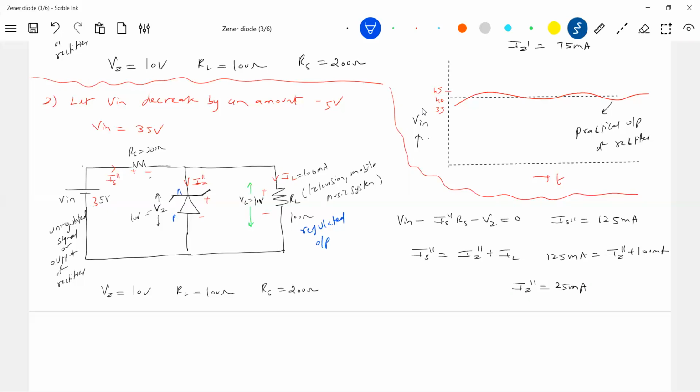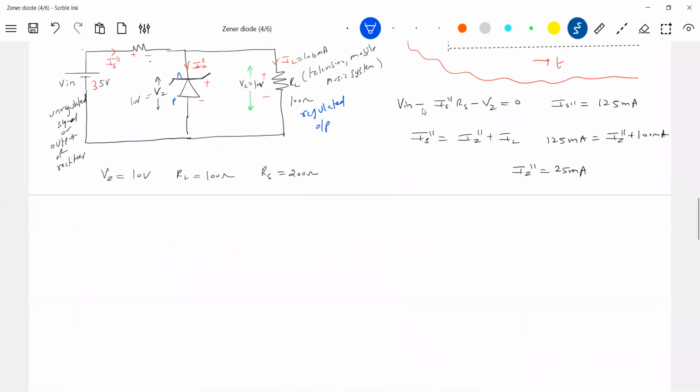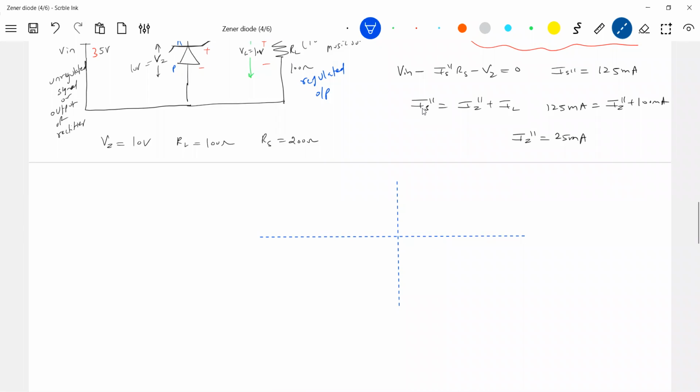What are the precautions we have to take here? We have to see that for this circuit, what should be the minimum current of the Zener diode? 25 milliampere. It should satisfy. And what is the maximum current flowing in the circuit? You can see 170, how much is it? 75 milliampere. So now, what type of Zener diode do you have to pick up for the above situations? The Zener diode should be off. Tell me, can you put any conditions? What is the type of Zener diode we are going to pick up?